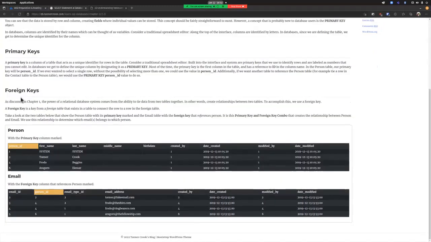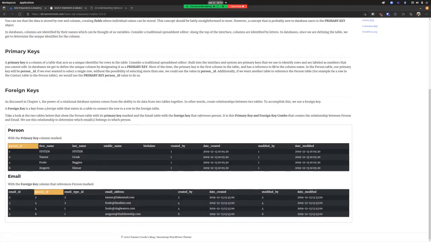If we look at this, a primary key is the column that uniquely identifies a row. Usually they just count up from a given number. For example, in the person table we just count up, and the same thing in the email table. The email ID just counts up. The reason we have those is that there can only be one of each in the table. So person ID 2 is always going to be myself, whereas person ID 6 is always going to be Aragorn. We don't ever deviate from that. There can never be another person ID 6 in there. And so we use those